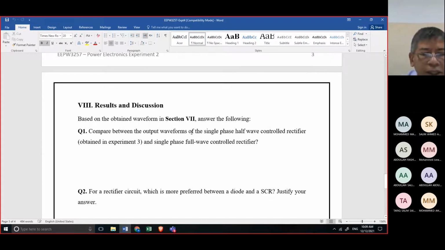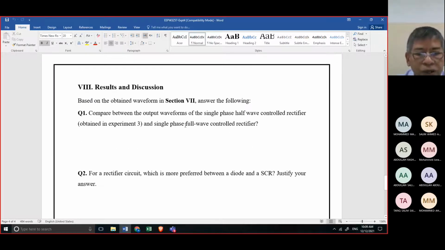And of course, in the results and discussion, you need to compare the output waveform with the previous one. You should know how to compare the half wave controlled rectifier compared to a full wave rectifier. That is the first question.